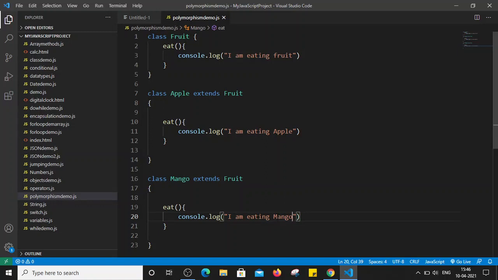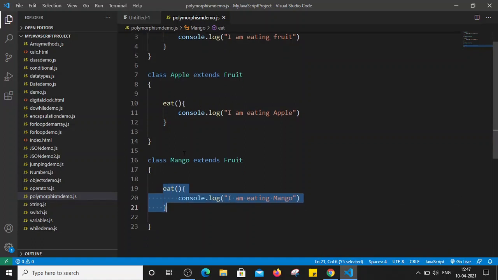A method, a variable, or an object can have multiple forms. For example, here we have created a class fruit that has the eat method. Class apple, which extends fruit, also has the eat method, and class mango, which also extends fruit, has the same eat method. All three methods have the same name, eat, but the implementation is different here.